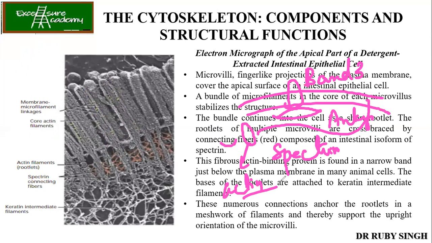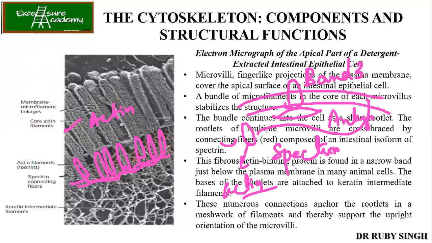If you remember the previous lecture's image, when we were talking about the erythrocytes and about band 3, the figure was given like that. Okay, now just keeping that image in your mind, look over here. We have the microvilli made up of actin over here. Now again below that you have these actin filaments, roots are there. So these are the roots of your actin filaments. Now to these actin filaments, your spectrin fibers are connected.